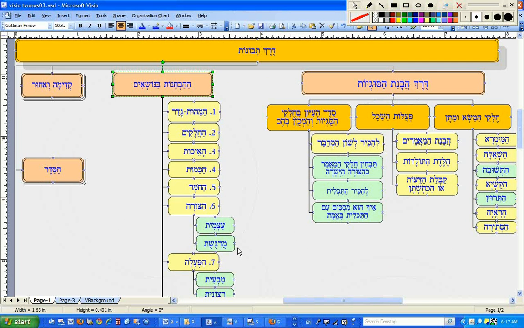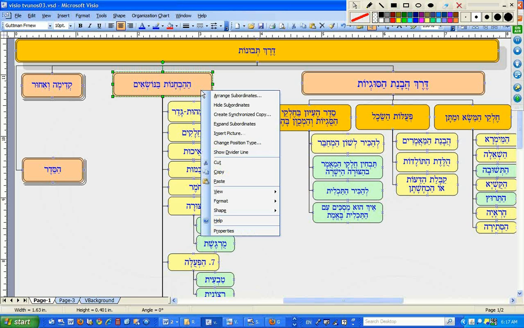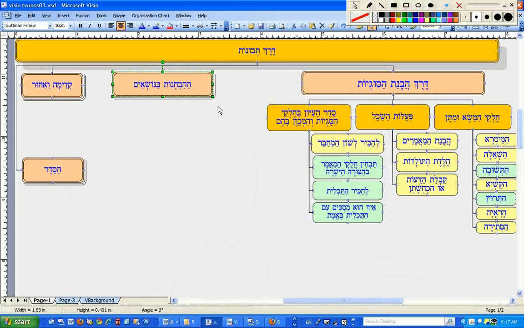Again, there's a lot of detail here, but with a little thought, we can put it all together. Okay, now we're going to go to the last part of the book, and as I said, the first part is talking about understanding the Gemara. The second part is talking about analyzing the Gemara, and now we're going to talk about presentation. How do you present the material?